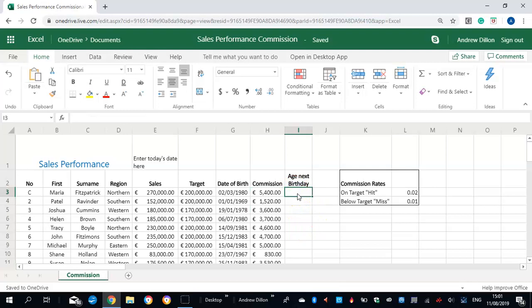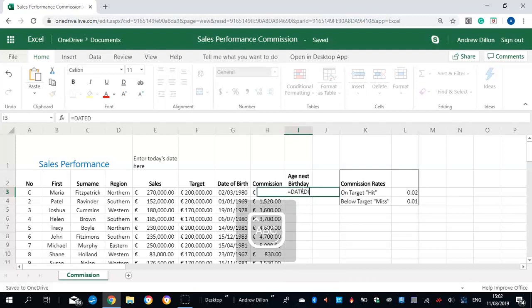That's commission sorted. Now, knowing how to get the person's next age for their birthday. This requires a special function called DATEDIF. The DATEDIF is rarely used, but it's specially used for a person's age or date of birth. How to start off is just equals DATEDIF